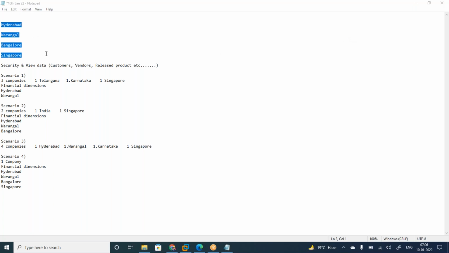If I have 4 companies, then how many companies do I need to create in the system based on the situation? As I told you, the first one is security and view data. How does the client want to view the data?